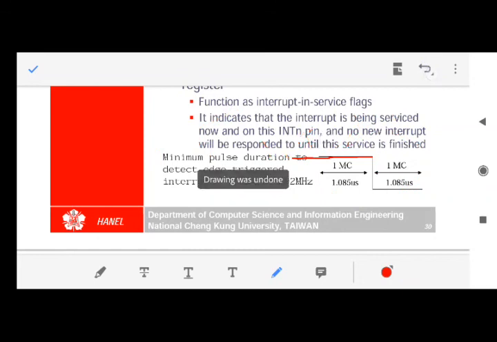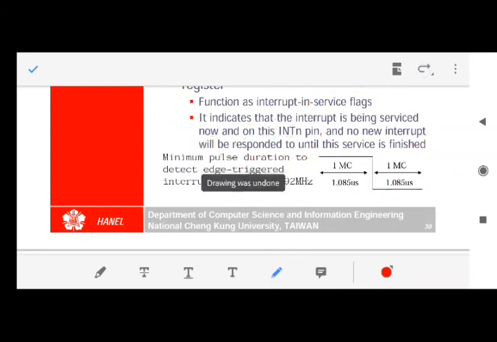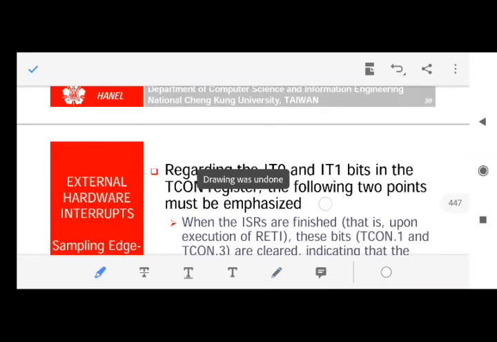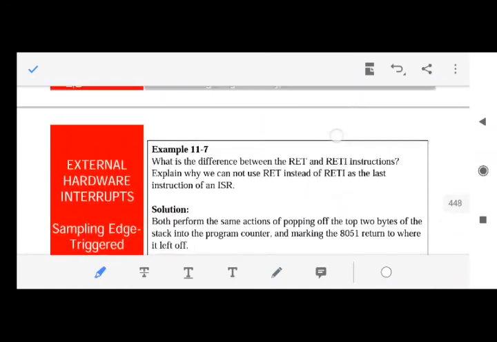The 8051 will sense edge triggering only when it becomes 0 for at least one machine cycle, and the 8051 will sense level triggering when it becomes 0 for at least 4 machine cycles. This you have to remember. Fine, just for theory purposes. And that's it. This is for a different thing. We'll not study these things.